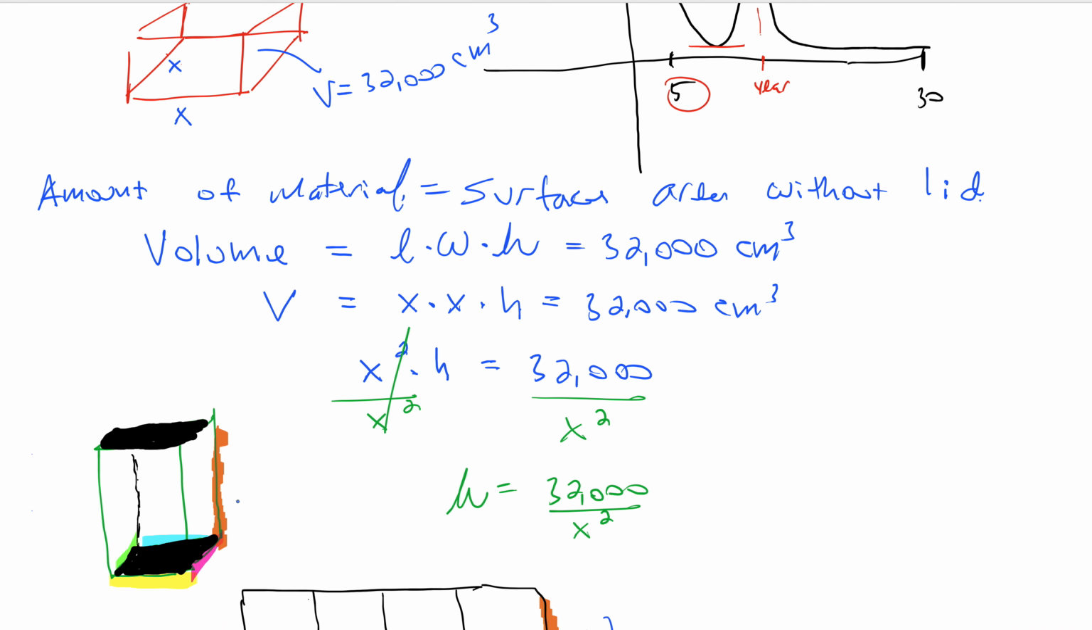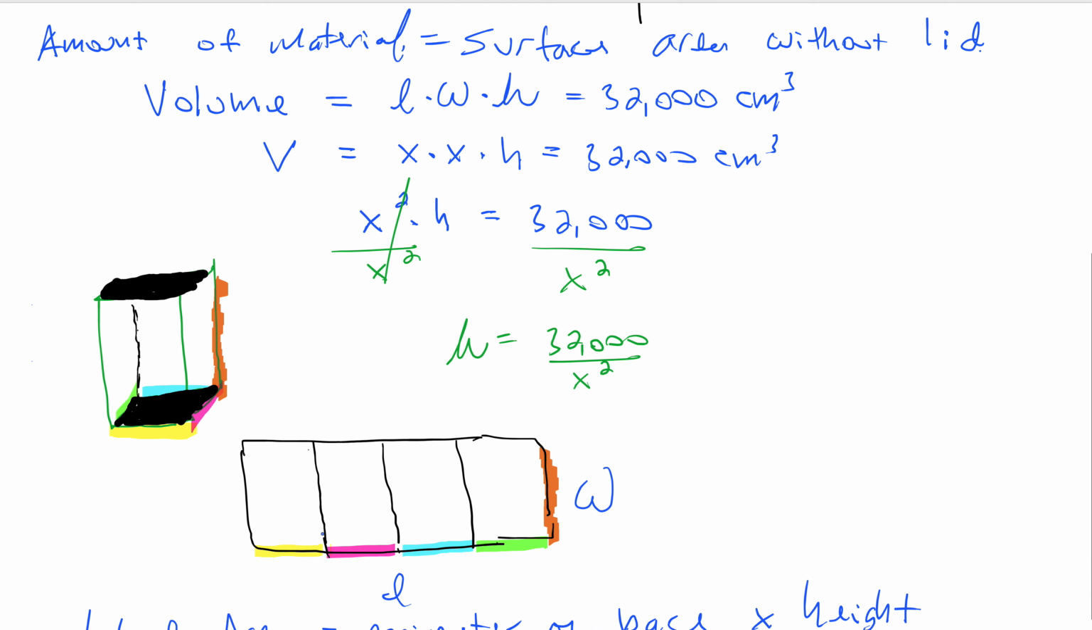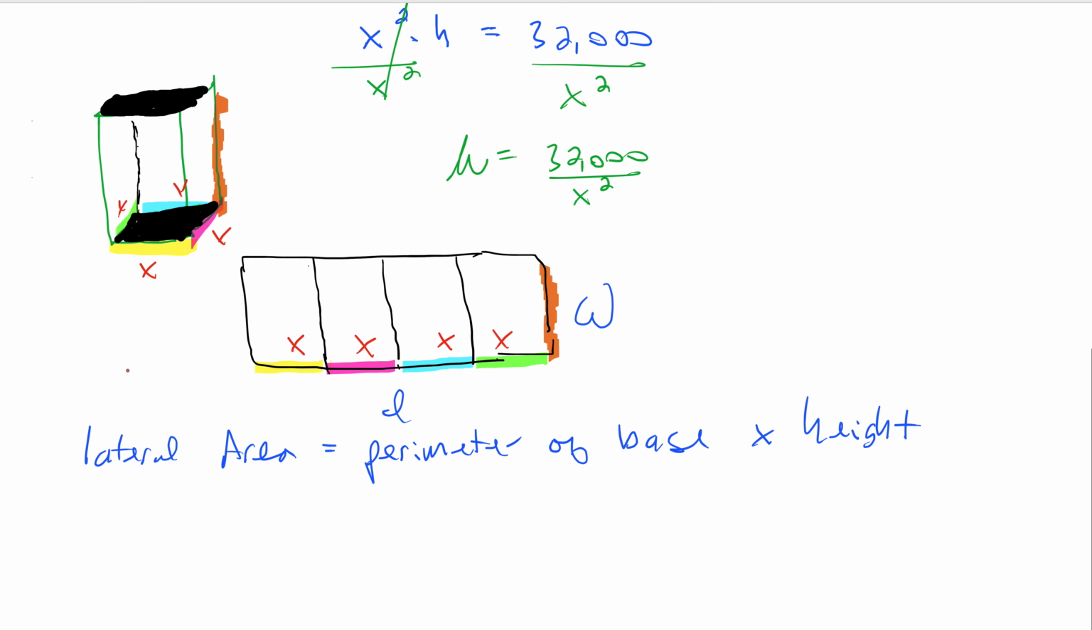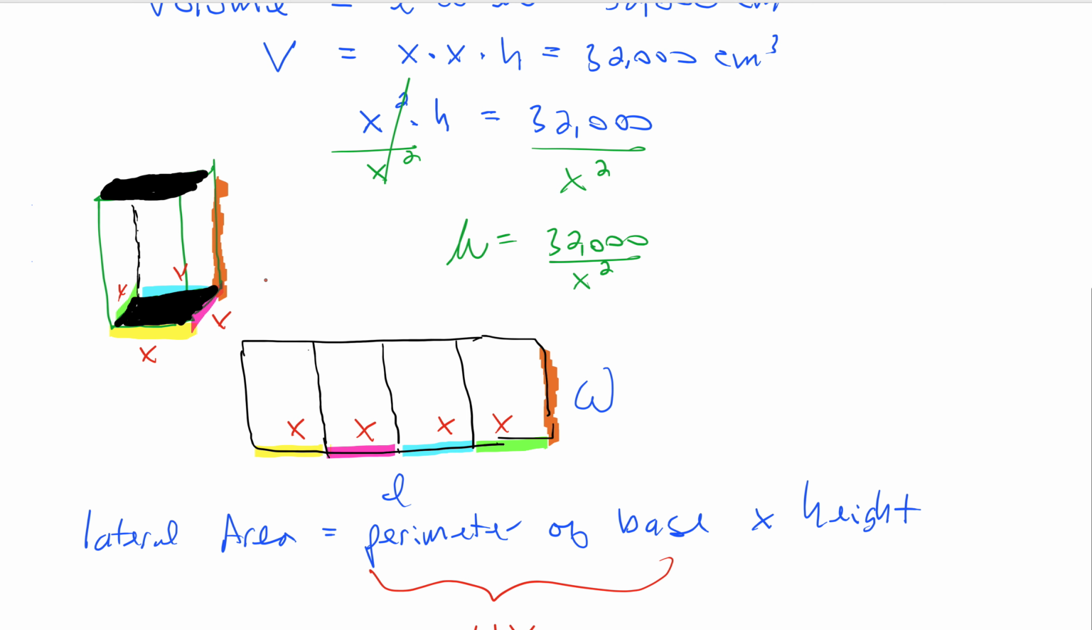I mean, each color is x, right? So this is x, x, x, x. It's x plus x plus x plus x. It's 4x. So 4x times our height. Well, our height,